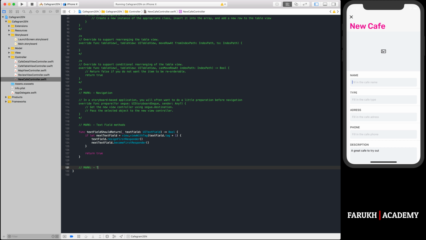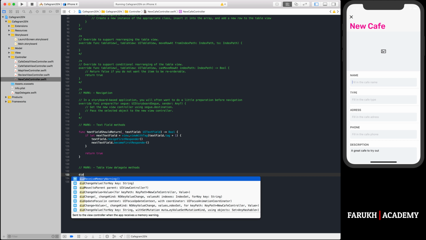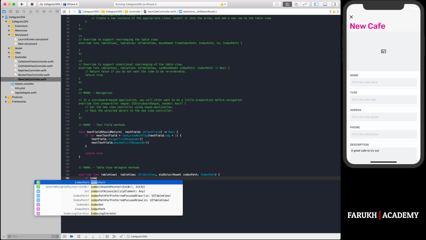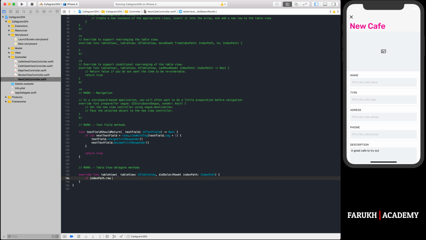Maybe write tableView delegate options, methods maybe, and now write didSelectRowAt, okay, and then you write if indexPath.row is equal to 0 like this, then